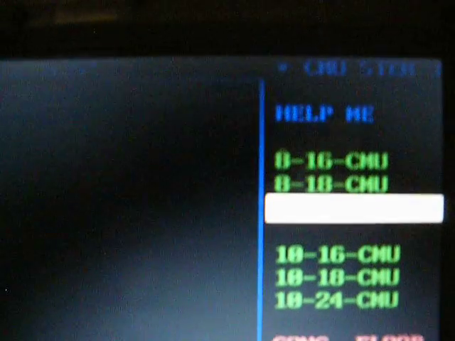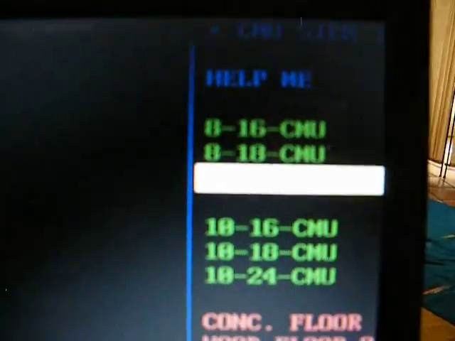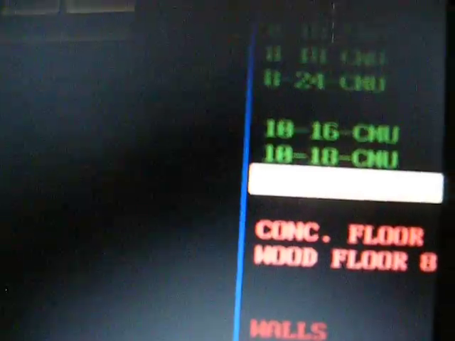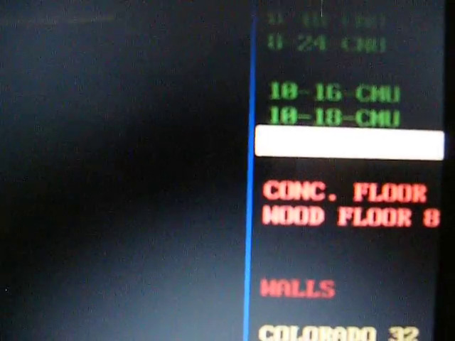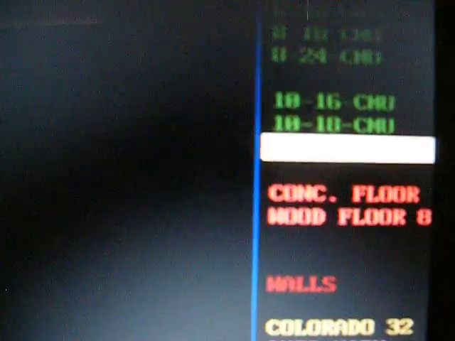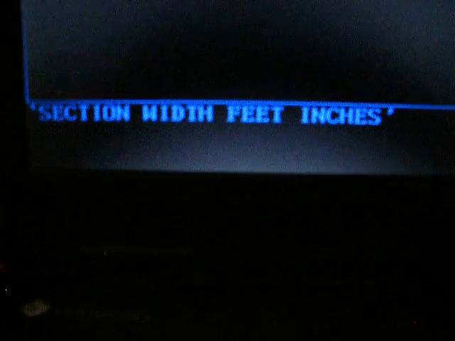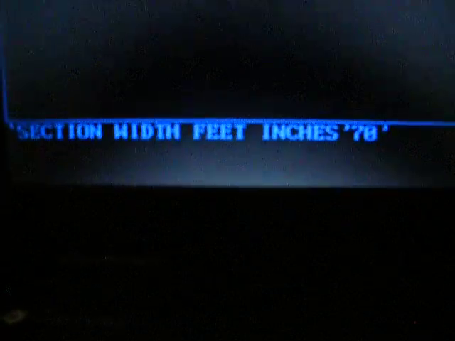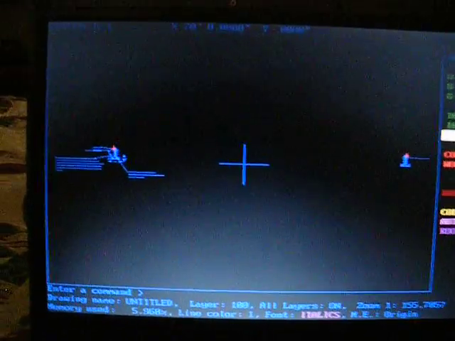Here we go. And we've got different footings. We've got 8 by 16 footings, 8 by 18s. We're going to go down here though to a 10 by 24 CMU stem wall, or 10 by 24 concrete footing with a CMU stem wall. So we're going to do that. Then down here on the command line it asks you for section width in feet, inches. So we're going to go 70 feet. Now we're going to hit enter, and as we do, it will place your two footings and stems